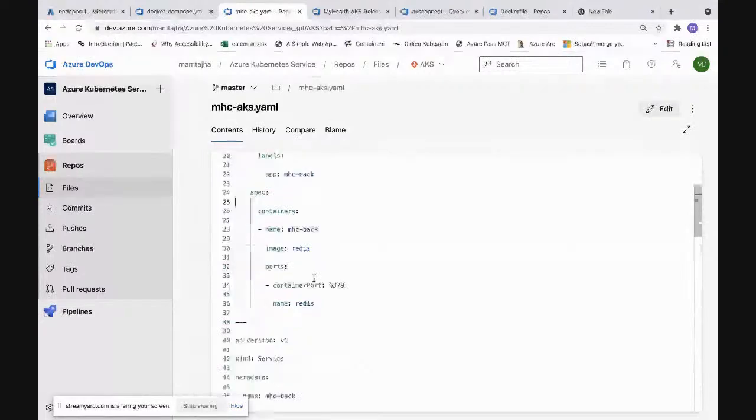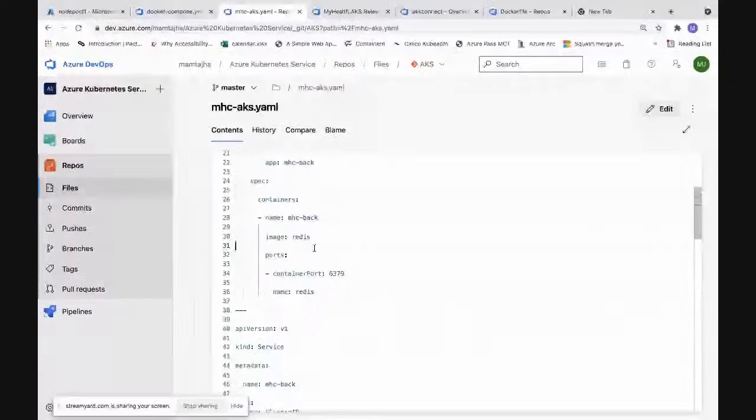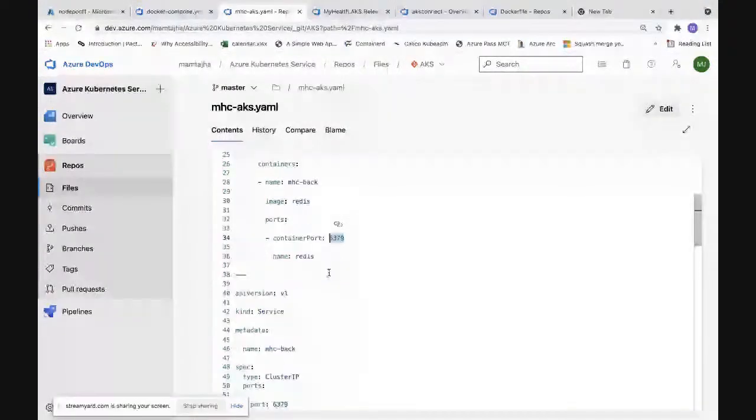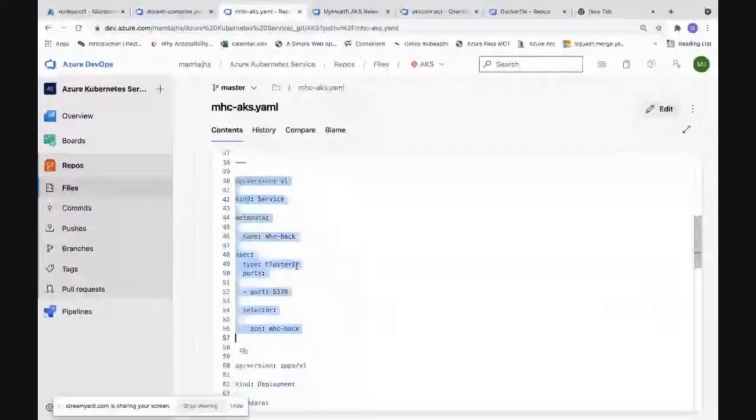Container specification, you can see the backend. I had mentioned we have just specified Redis. When you just specify Redis, it understands that it has to go to hub.docker.com and pick up Redis, because the default repository which gets configured is nothing but the Docker hub. My container is listening on port number 6379. Redis listens on this port, that is the one. Because it is a backend, I am creating a cluster IP type of service for it.